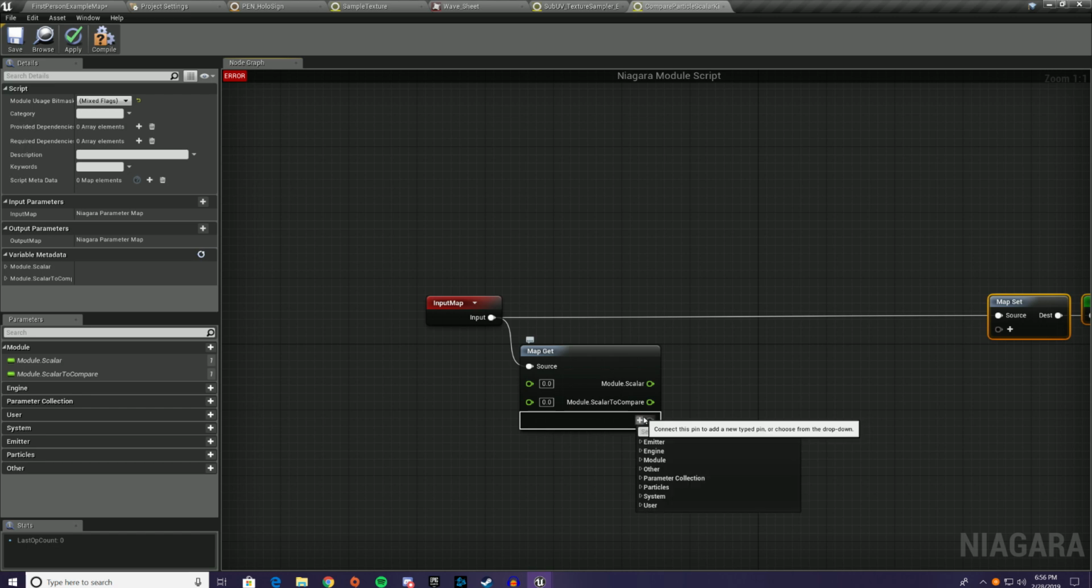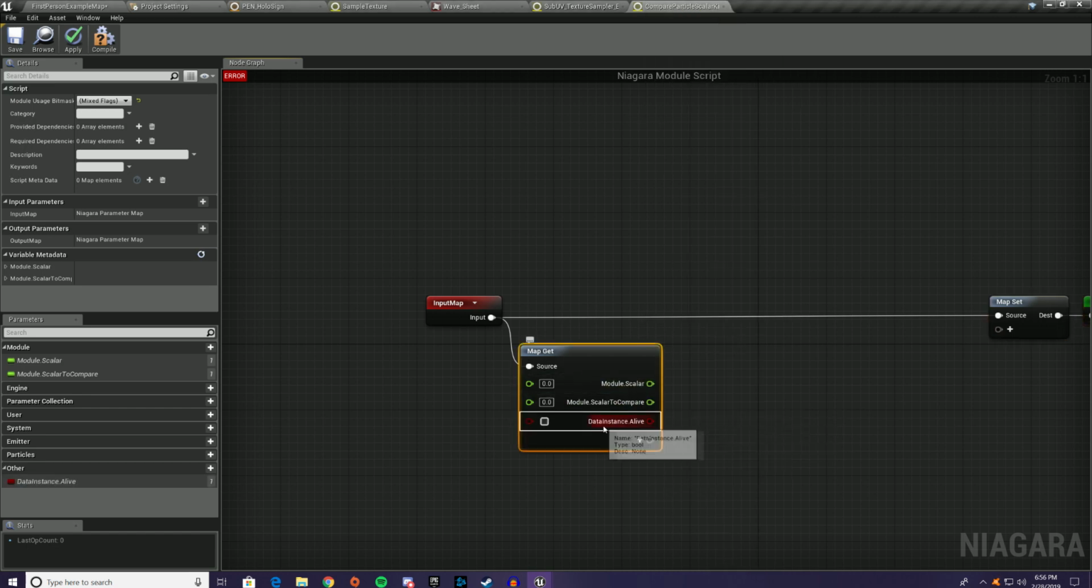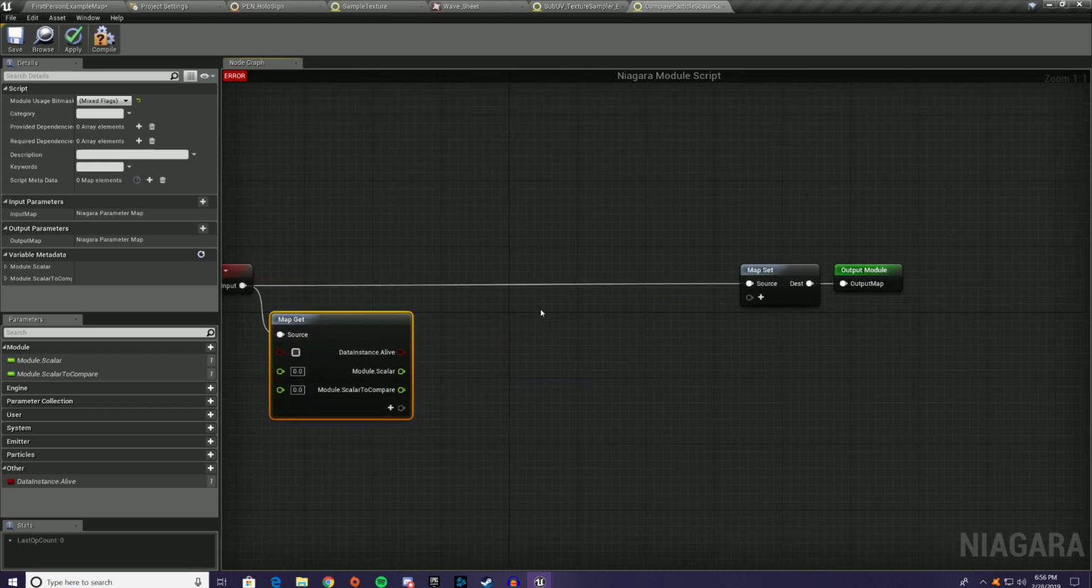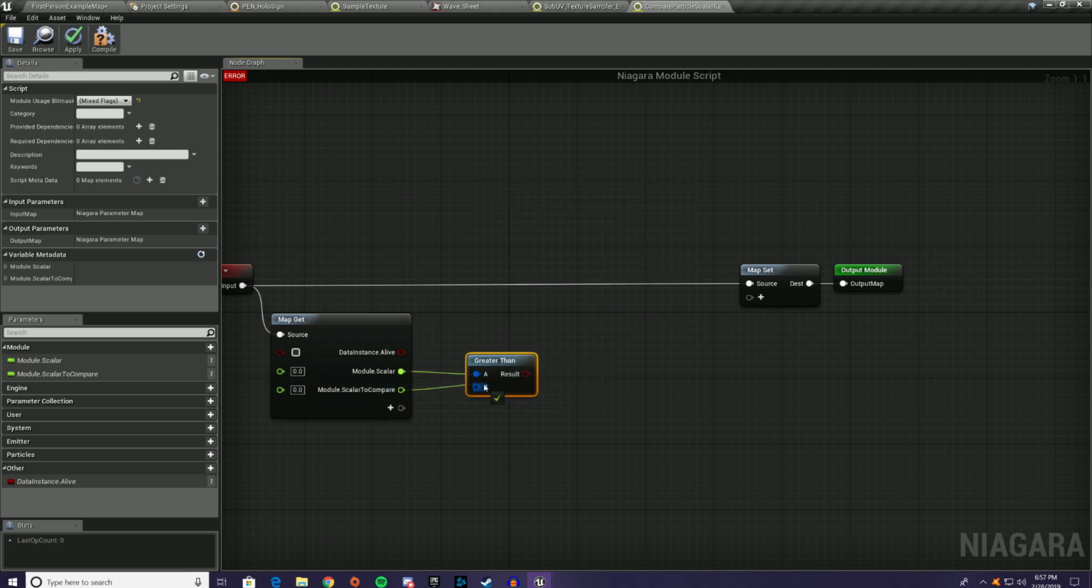And we're also going to add one more thing here, and we're going to add data instance alive. And essentially what this Boolean is, is whether or not the particle should be cleaned up at the end of this execution cycle, so at the end of the frame. So we're taking that value, we're going to feed this in, and we're going to compare these two. So we want to get greater than,